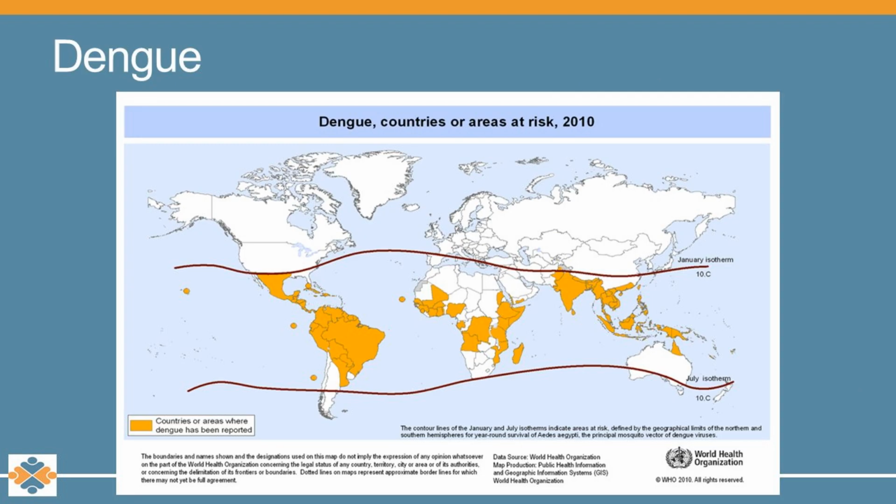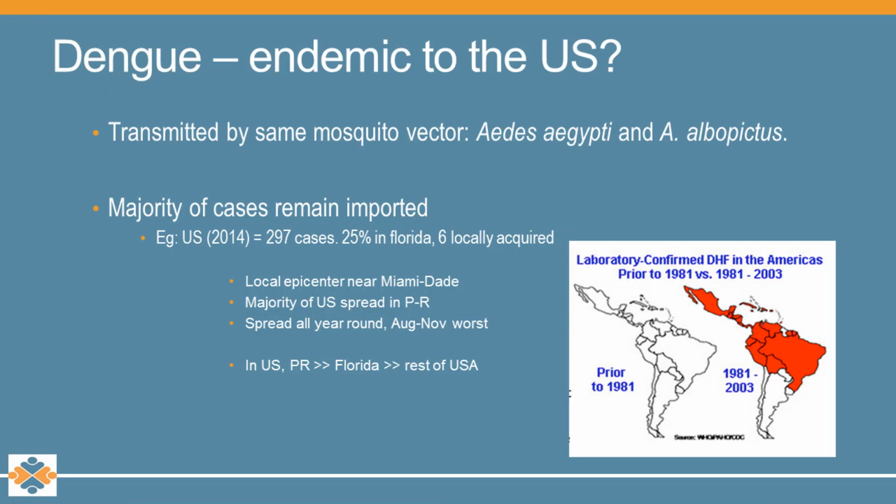Dengue is then the other thing that looks almost exactly the same as both of these viruses, and again is a close cousin to Zika. It's transmitted by the same mosquitoes, so as this map would suggest, it's in the same place. And again, like Zika, it's gone from essentially being non-existent in the Central and South Americas to being incredibly prevalent. We ran into dengue a little bit in the United States, particularly in very southern parts of Florida, as well as Puerto Rico. And although it's died off the front pages of the news, it still exists in the Caribbean.